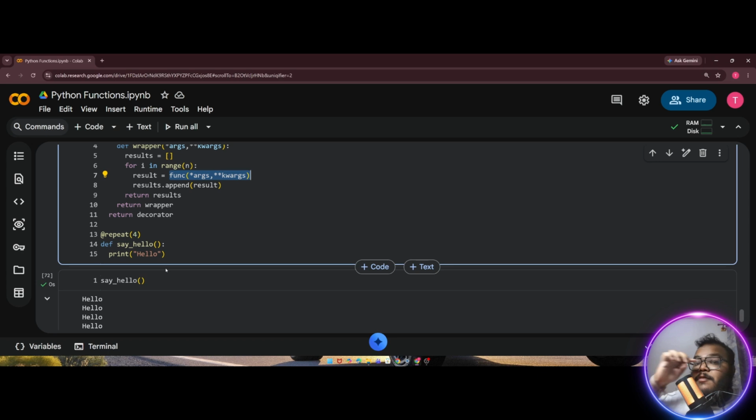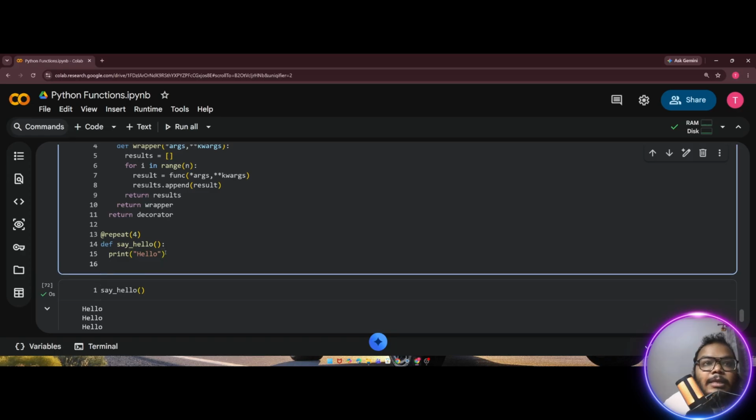I have told you in the very first videos, right? What is the difference between return and print? Print means it will show you. Return means it will give you the output. But this function is executing, it is simply printing hello. It is not at all returning anything. So actually this result is not storing anything. It is storing None. But if I now, after printing, return hello,